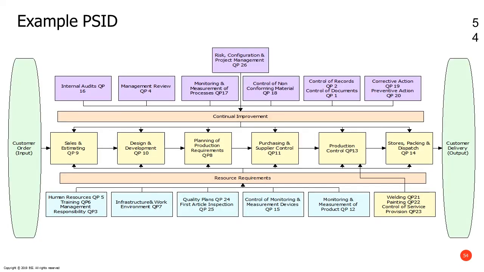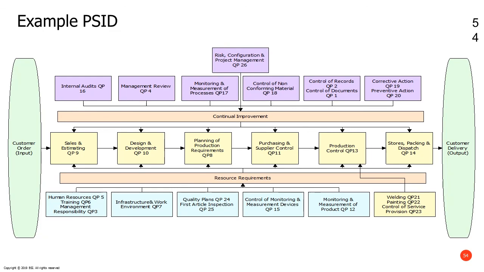This is another example. So customers on the left, customer on the right. Yellow boxes in this case are the key processes, and it shows the flow left to right. It does have sort of an interaction in that there's a line. If you look above the resource requirements box and below the continual improvement box, there's a line there. So you could perhaps interpret that as a backflow. But it's not quite showing exactly what we're expecting. It's okay,